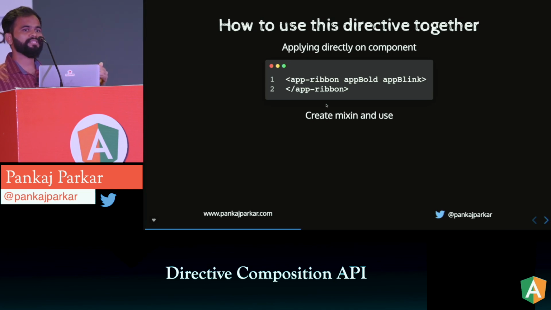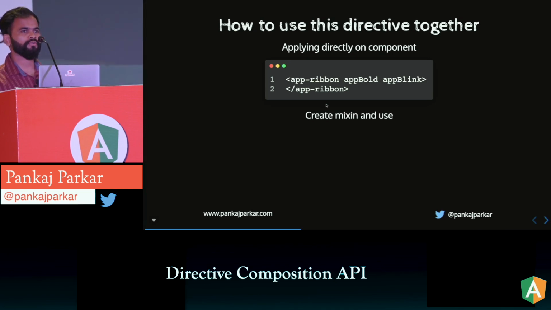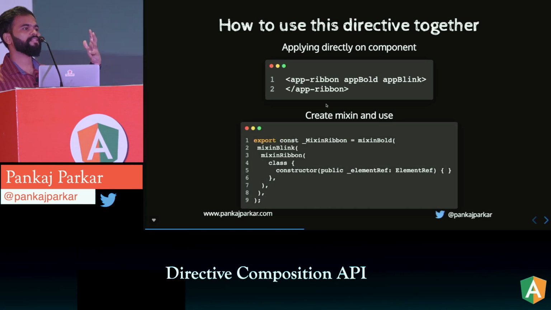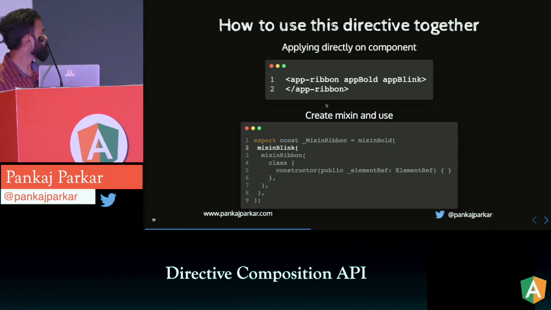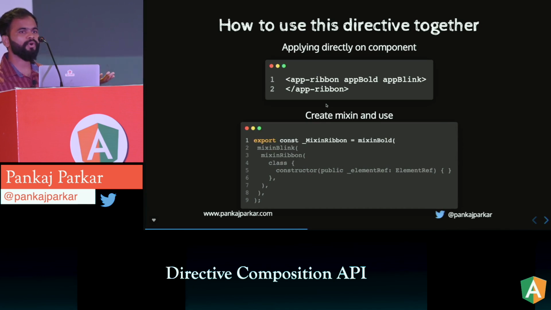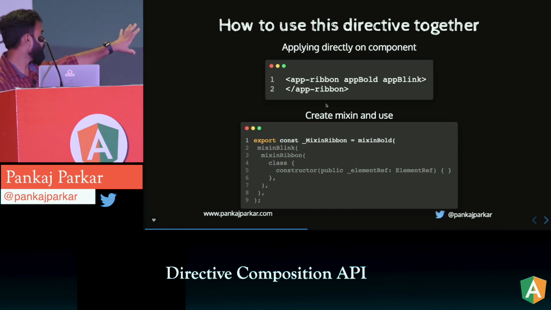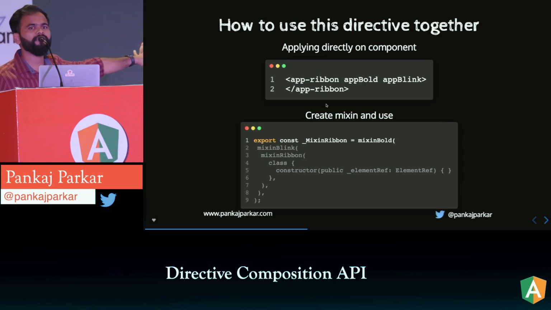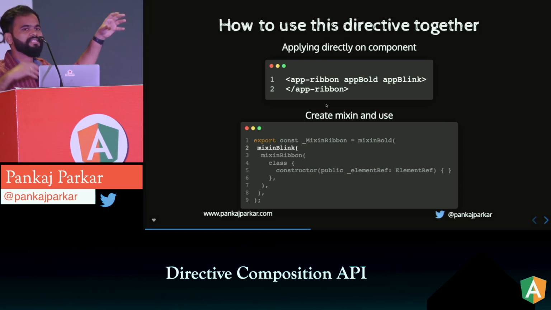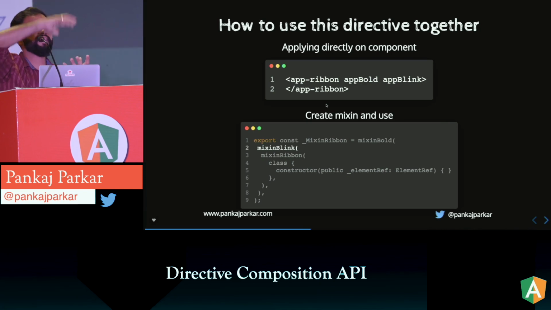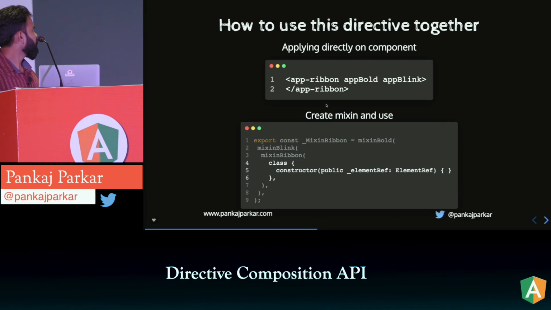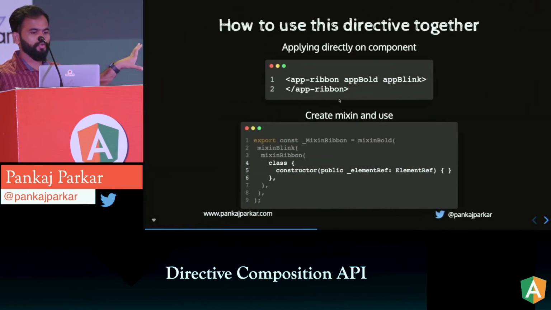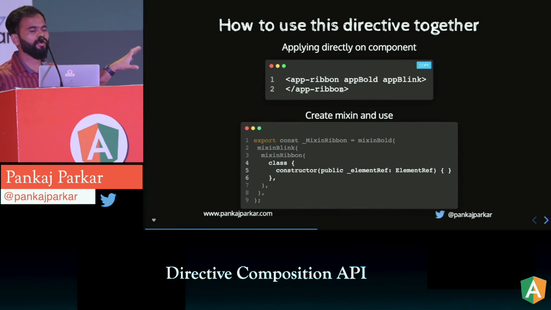The other way to do this is to create a mixin-based approach. In the mixin-based approach, you will be creating mixins. The first mixin will be mixin bold. I wrote pseudocode here, it's not complete code. Just think about code with a function inside a function, so they are inheriting from each other. So I created inheritance here. Let's not go into the depth of what exactly it is. Let's look at this example and how it will look on the page.